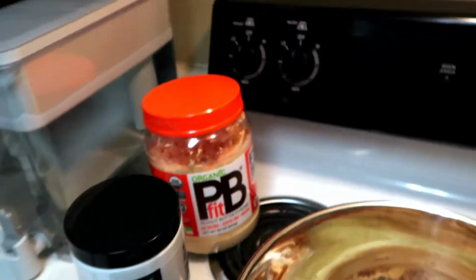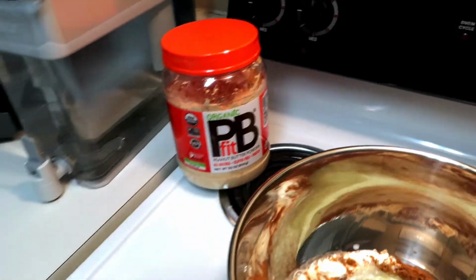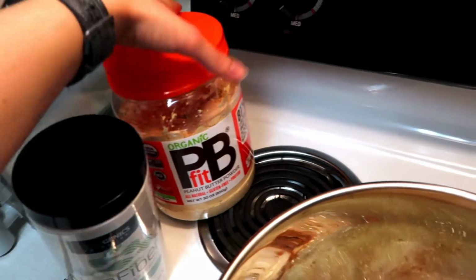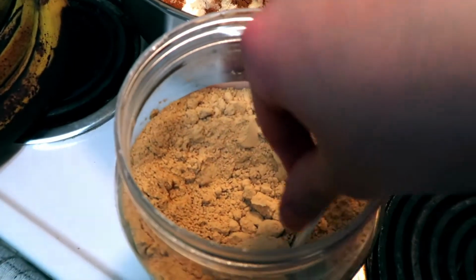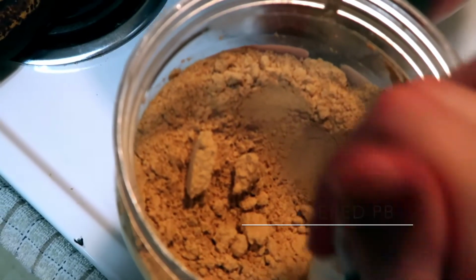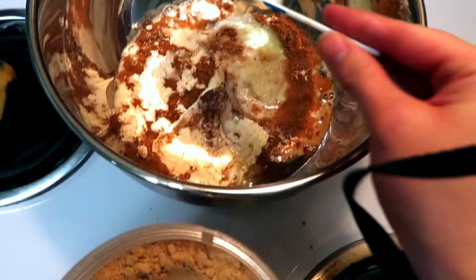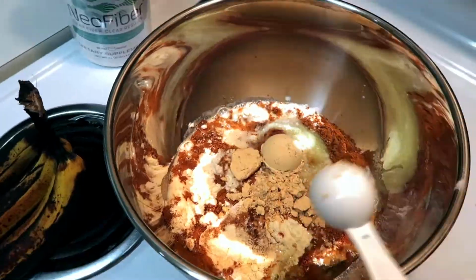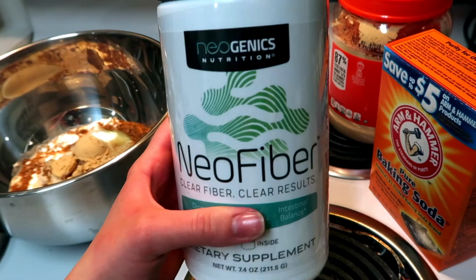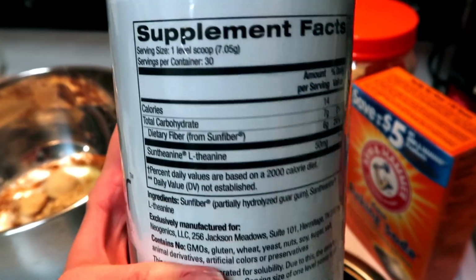Now, the couple things that I wanted to add in just for my own liking is the Neo Fiber and our PB Fit. So I will start with this. Okay, so we're gonna use 1 serving of this, which is 2 tablespoons. And for our fiber, which I am using Neogenix Neo Fiber, they say that 1 serving is 1 scoop,